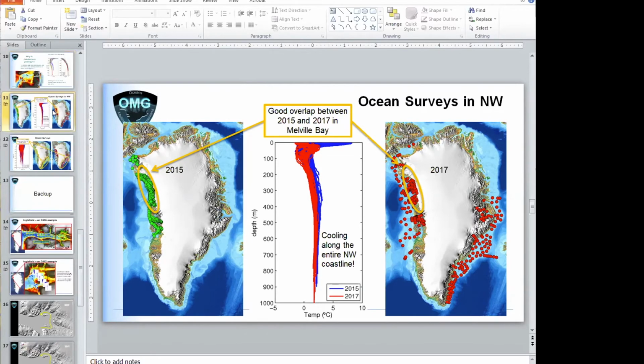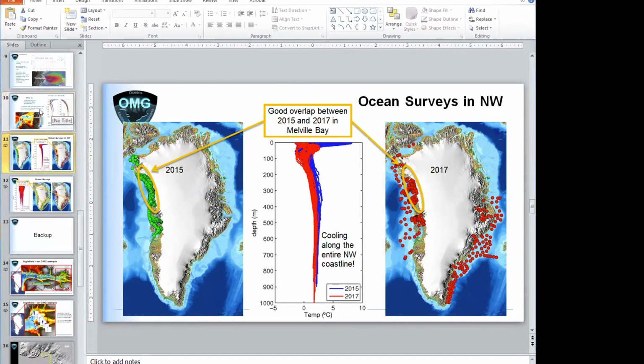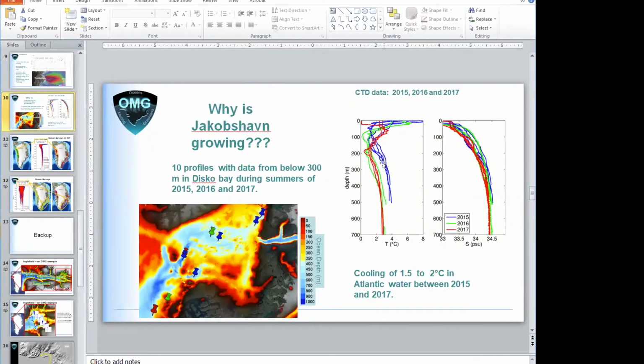Okay, and then it was the same thing in Disco Bay, right? In the comparison, you also see that difference. So you're attributing that to the timing? Right,